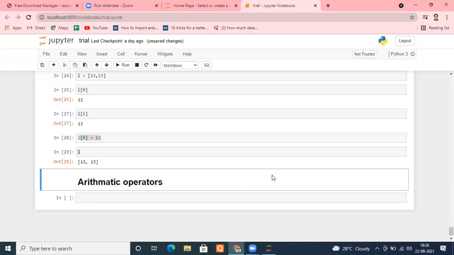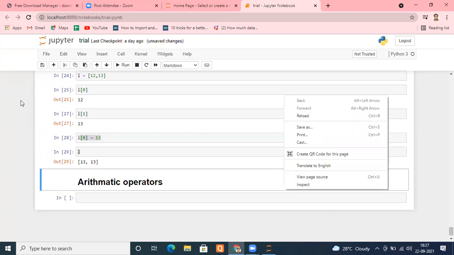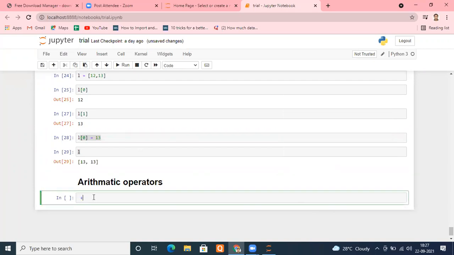There are different arithmetic operators, and everyone knows the arithmetic operations: addition, subtraction, multiplication, division, exponentiation, modulus, something like that, right? What are the different operators? Addition, everyone knows what addition does. Subtraction, we know that. Multiplication is done with the help of the star. Remember that.